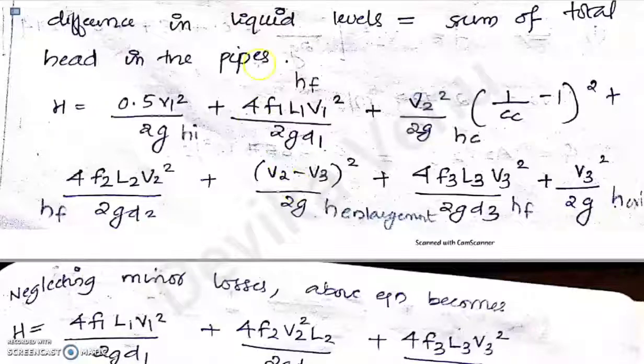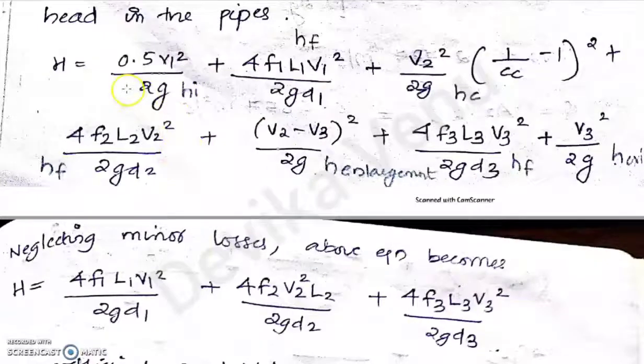So you don't have to learn all these equations together by heart, but you have to remember the equation for the entrance, exit, contraction, enlargement, and all. You have to learn each equation by heart, not as the series pipeline condition. You shouldn't memorize the whole thing together. I think it is clear to you.